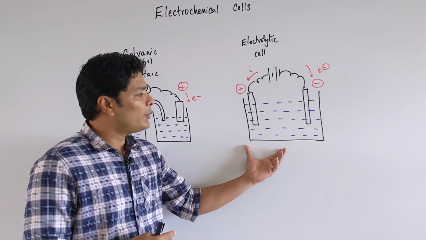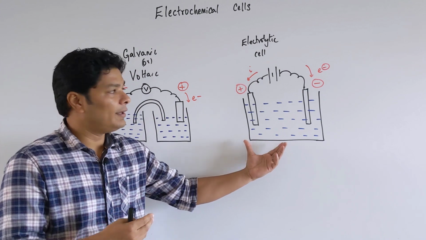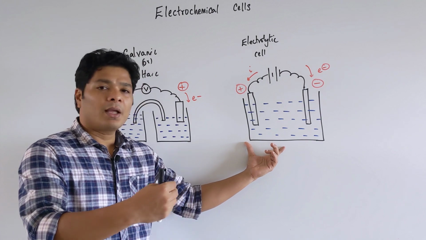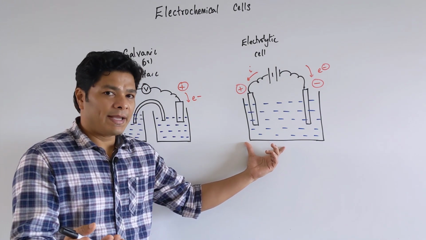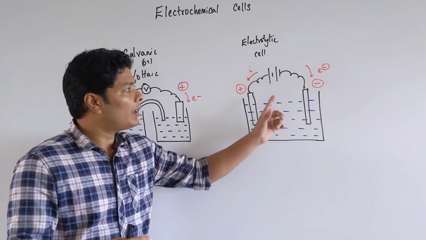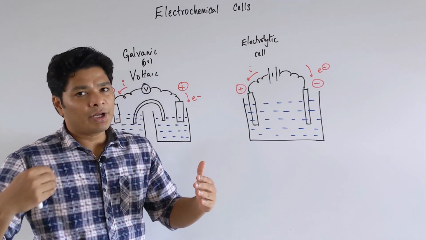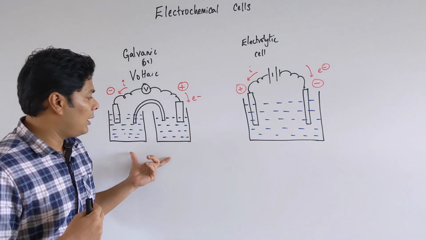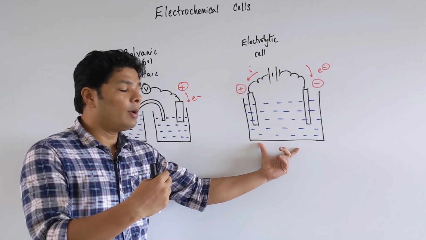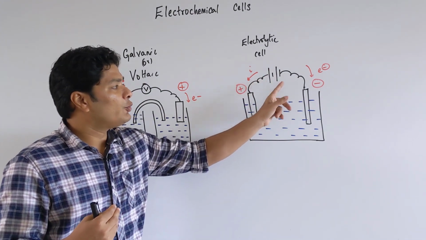Whereas in an electrolytic cell, you have a non-spontaneous chemical equation, and you are making it spontaneous by providing electricity. So in an electrolytic cell, you convert electrical energy into chemical energy. The best example I could say is still the same cell phone battery, but this time you are charging it. So you have plugged it into your power outlet. The battery system inside is reverting the reaction that happened while it was giving you the charge. Instead, it is now taking the charge and doing the non-spontaneous reaction by making it spontaneous, so that you can use it again.